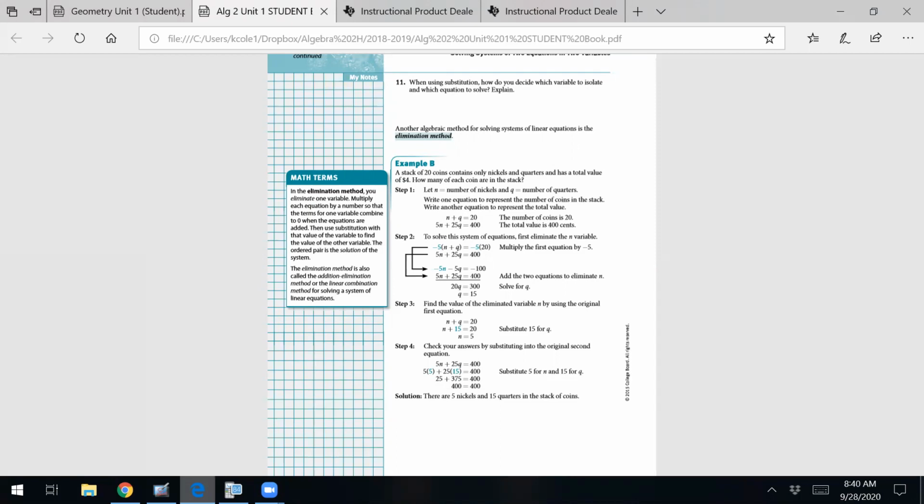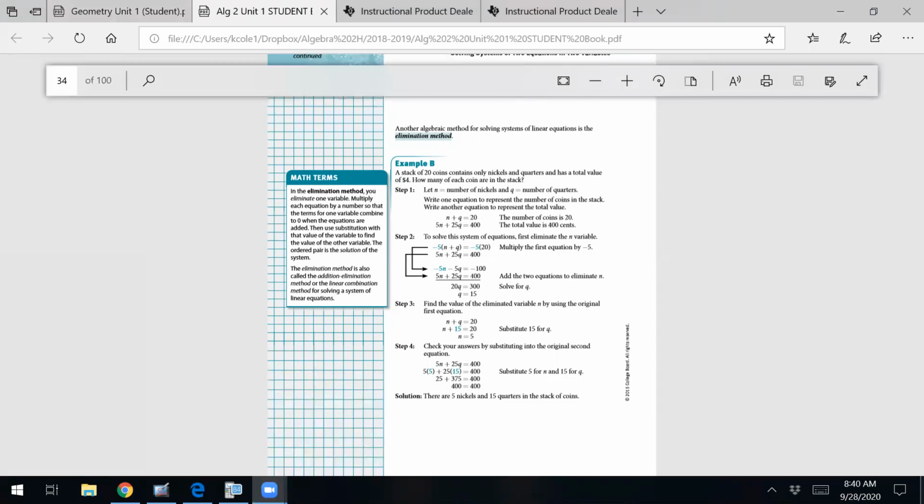They can have one solution, which means they're going to touch one time. Was that this computer? That was yours? Okay. All right, so you could have one solution where they touch once. You could have no solution. That's the result of parallel lines. Or you could have infinitely many. And that's the result of the lines being directly on top of each other, one on top of each other.